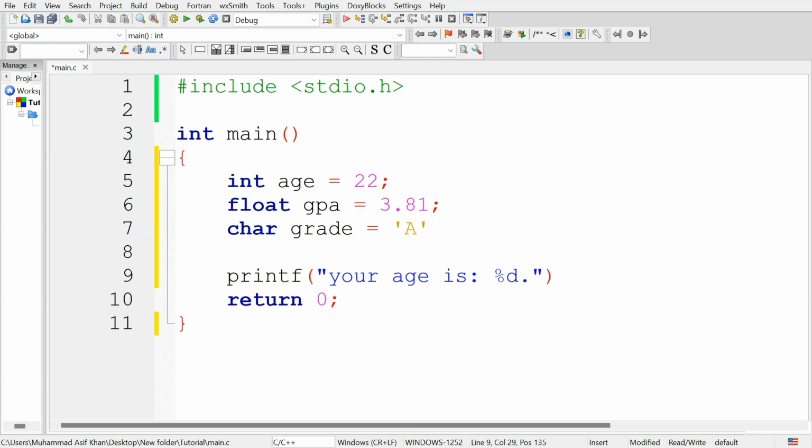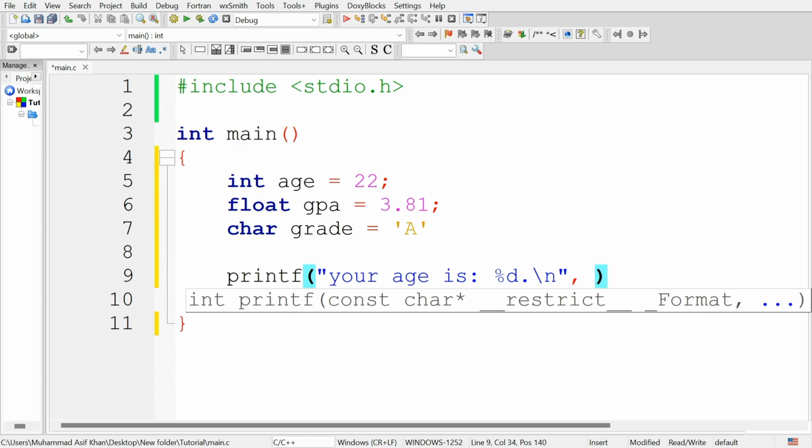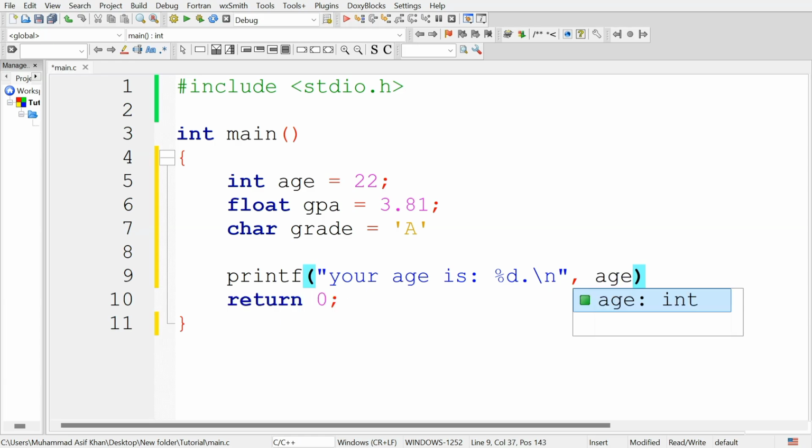And at the end of the line, use the special \n character for a new line, and give this the argument age, which will be placed at the format specifier %d place.